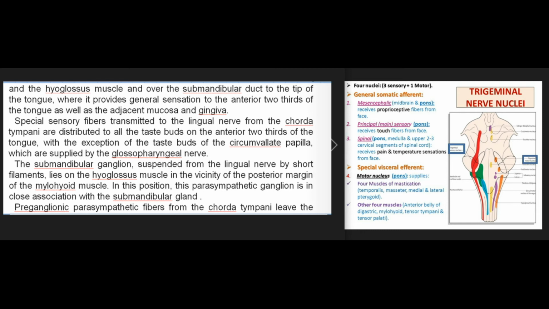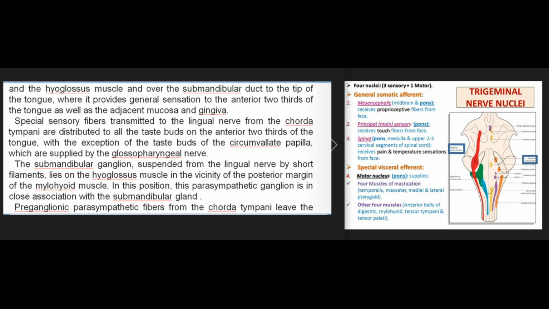Special sensory fibers transmitted to the lingual nerve from the chorda tympani are distributed to all the taste buds on the anterior two-thirds of the tongue, with the exception of the taste buds of the circumvallate papilla, which are supplied by the glossopharyngeal nerve. The submandibular ganglion, suspended from the lingual nerve by short filaments, lies on the hyoglossus muscle